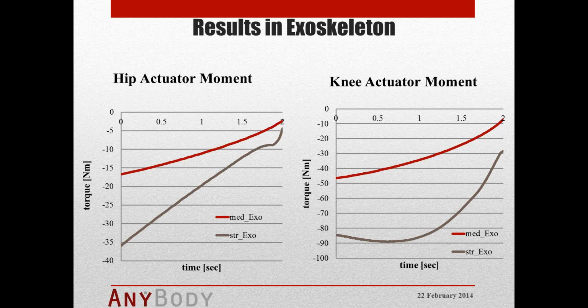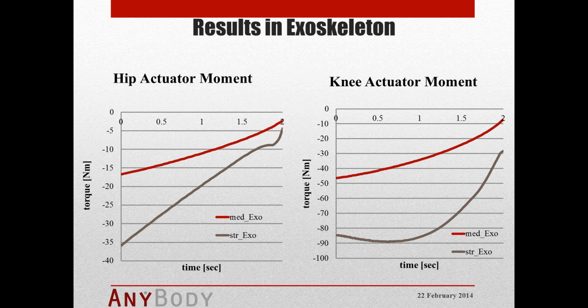You see also here in which range, in which area we are. So you could also turn around the game now and see: if I want to develop exoskeletons, what torques do I need? Can I provide engines or actuators that can provide those torques? How big do they have to be? Especially when you look here at the knee actuator moment, it's a very high torque that has to be produced